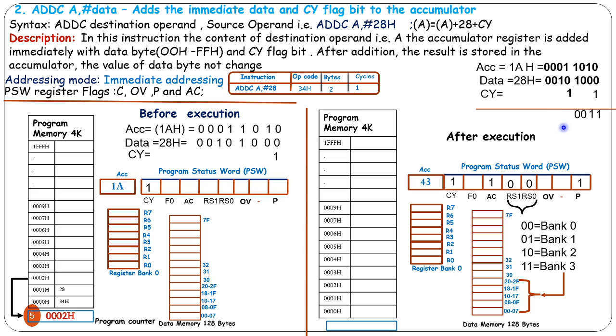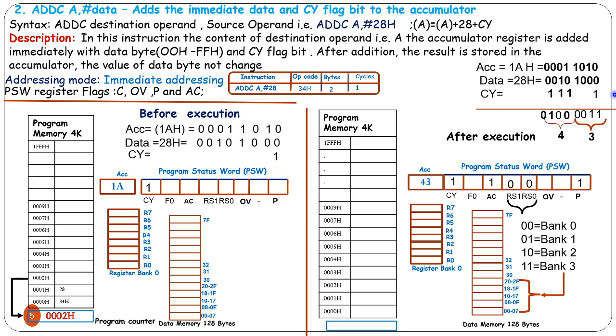1 plus 1, sum is 0, carry will be 1. So 1 plus 1, again sum will be 0, carry will be 1. Now 1 plus 1 plus 0 plus 0 plus 1, sum will be 1 and no carry there. So the next bit will be 0 plus 0, 0. So what is your answer? 4 and 2. The content of the accumulator will be 4, 3.